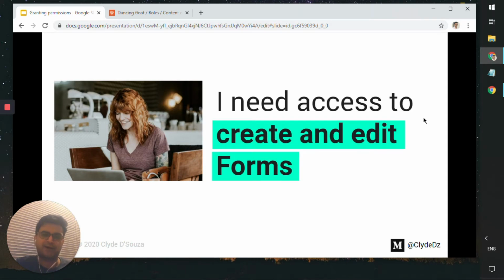Now the next requirement, number 2, is that the content editor needs access to create and edit forms. So forms is something that the content editor might have to deal with. Now it depends on what type of access you have historically given on your application. Obviously there's a review process that you need to go through, which is cross-checking before actually servicing the request, that the user really needs access to be able to create and edit forms. But if the person does, then let's just do it,